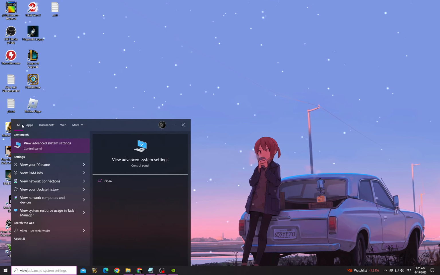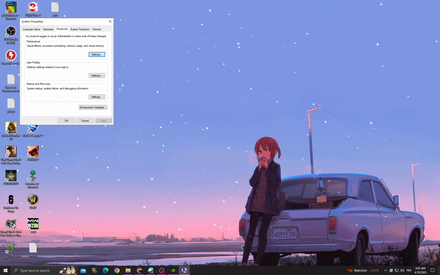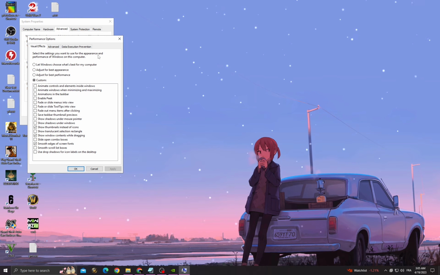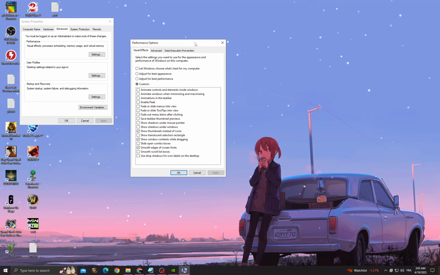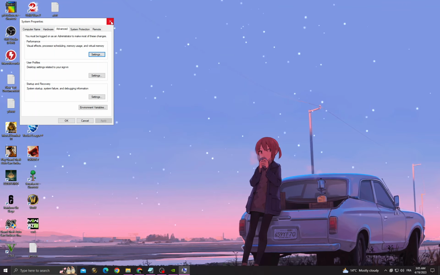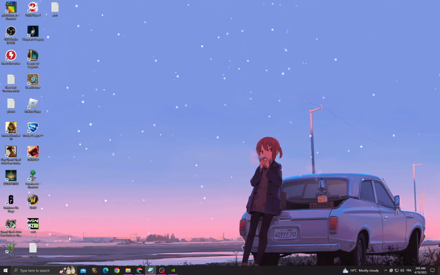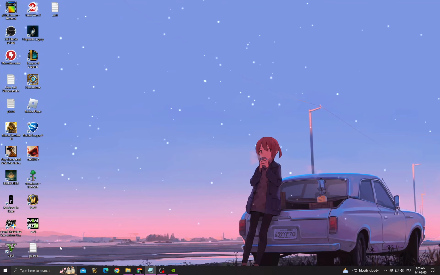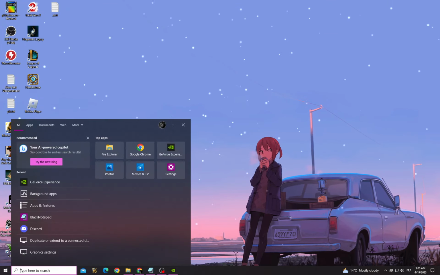First go to view advanced system settings, and now go to settings, then click adjust for best performance, and then click apply and OK, and then just close it. You can make it for best appearance whenever you want. Now just try again, and if that doesn't fix your problem, now you will need to make sure that you